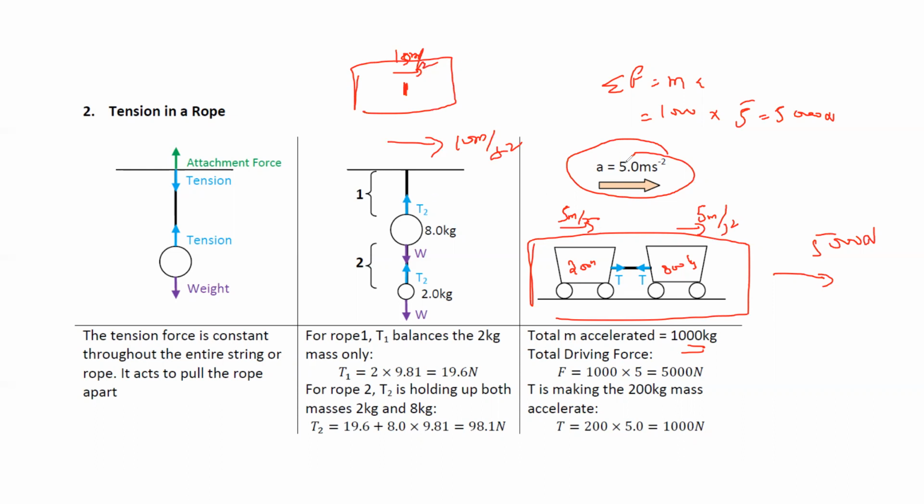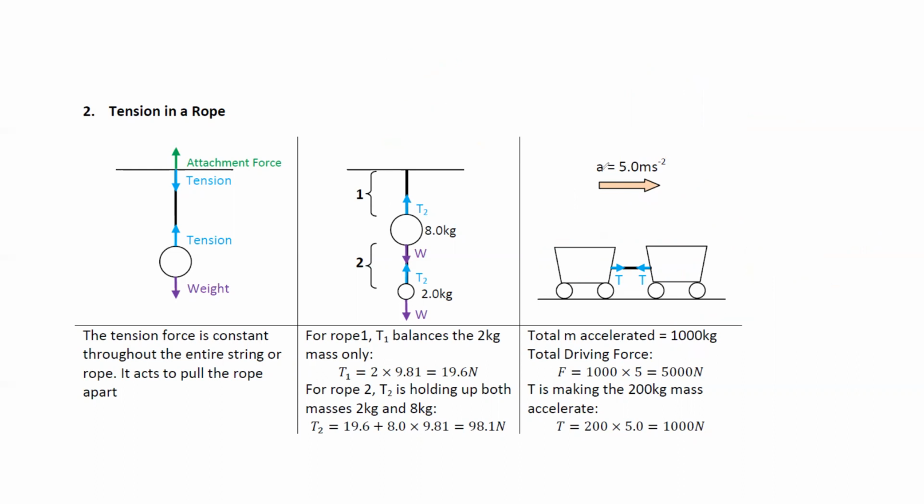So when we have the acceleration, because the acceleration of the whole object is the same as the acceleration of the individual object, the expression for the whole system is the same as the expression for the individual objects which combine to make the system. So we can find this tension.